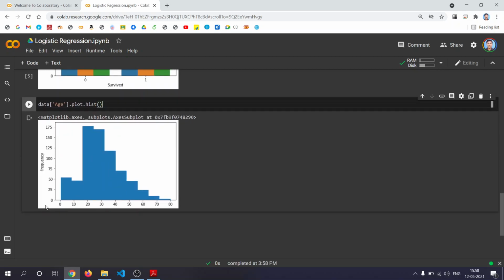See, the maximum number of people are of this age, 20 to 40. So the maximum number of people on the Titanic ship were young generation. Those who are at the age of 70, 80 are very few, and people at the age of 1, 2 and so on are also very few.